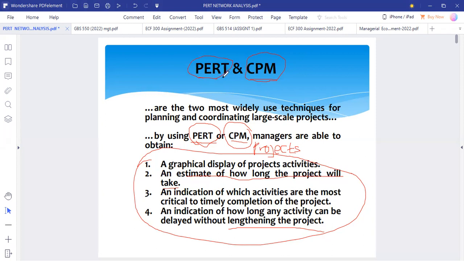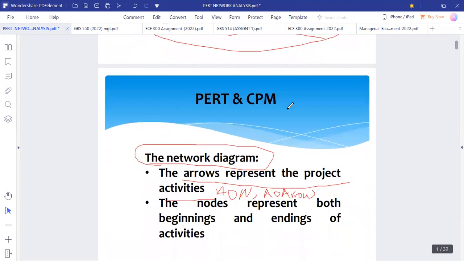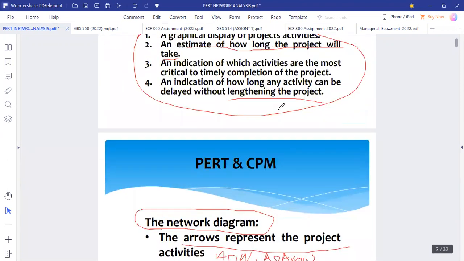So in PERT, we look at finding the expected project activity time, how long it is taking for an activity to be completed. Then, of course, we also look at the time taken to finish working on a project. Right, so now getting down to PERT, we have